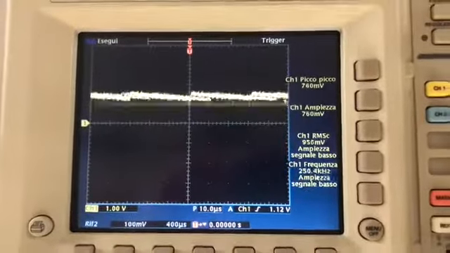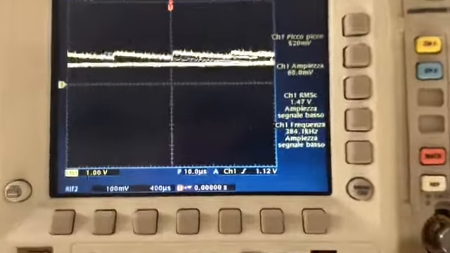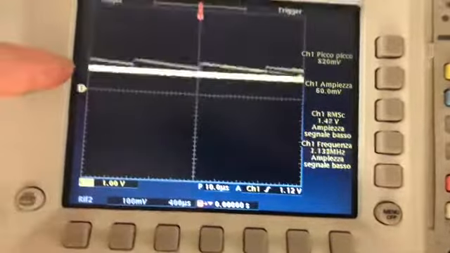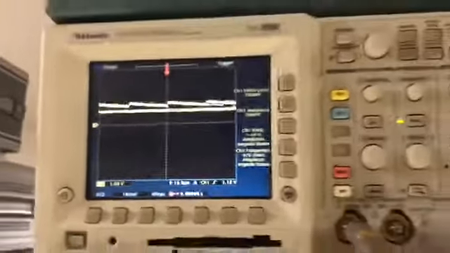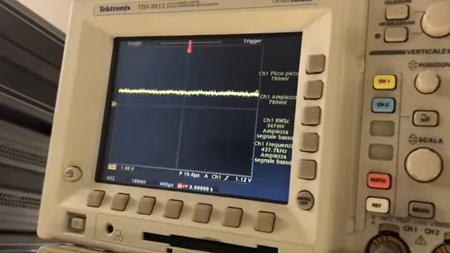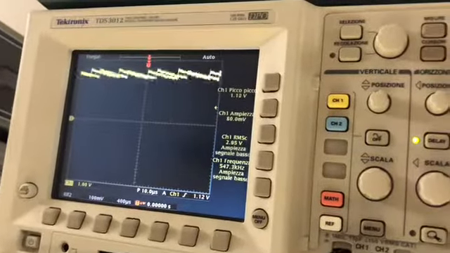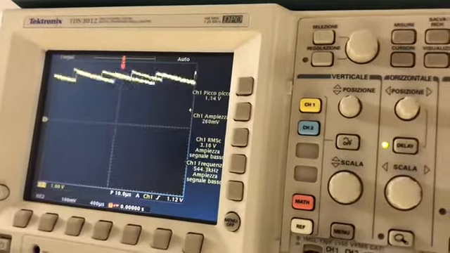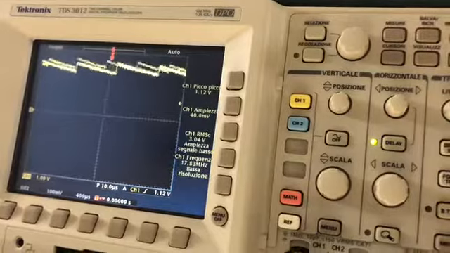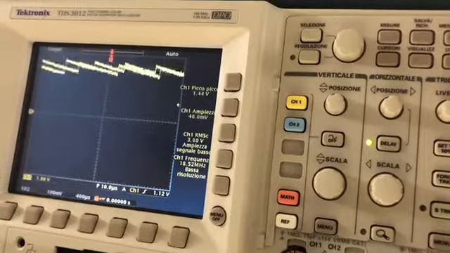As you can see, it's 1 volt per centimeter. It's staying in the middle, but look what happens when I press this just with the hand. It jumped to 5 volts. So I believe that this IC has some problem